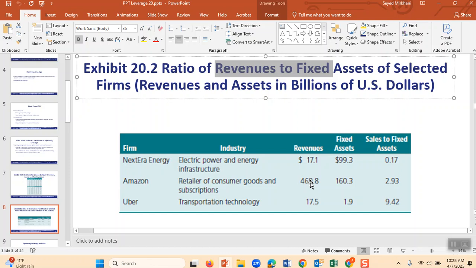That's a lot of money. It might be twice this. Maybe the book is 2-3 years old, and that's why it is saying 469 is $500 billion. In 1 year, do you see here is written 2.93? That means if it gets all of its revenues, it can pay off all its fixed assets 3 times over.